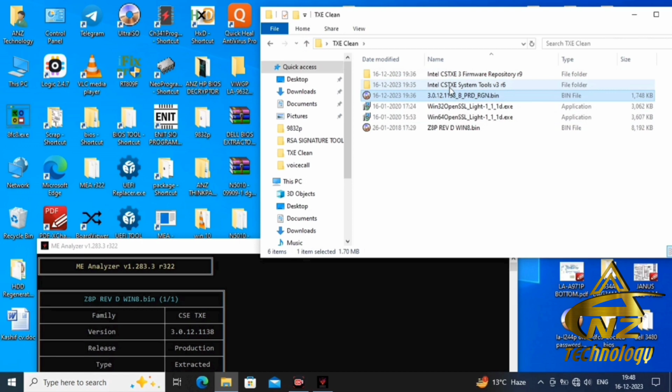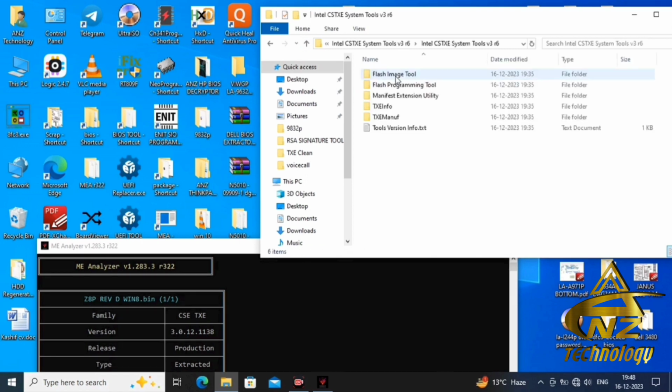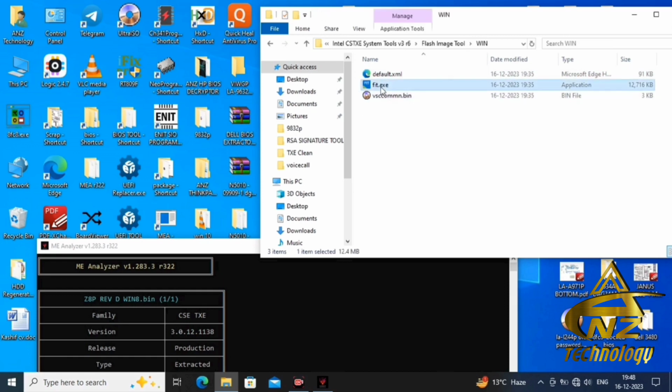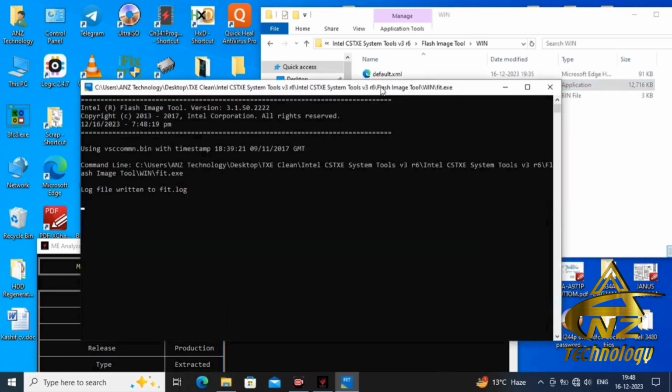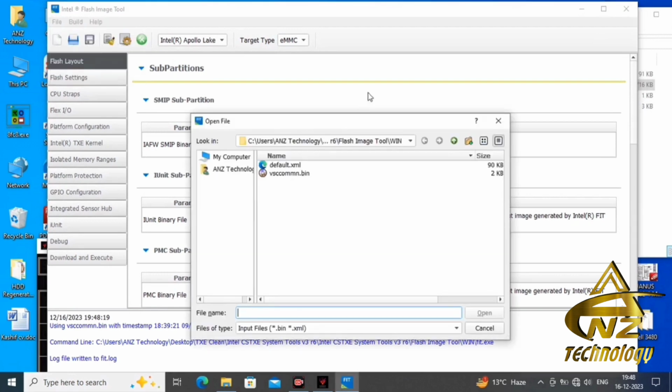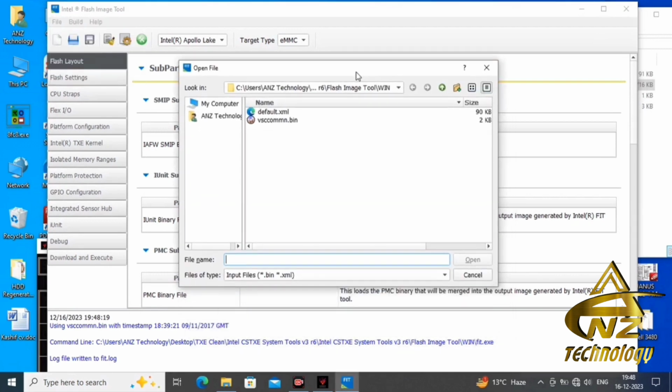Okay, now we will open this CSTXT System Tools folder and here open Flash Image Tool, open the Win folder and now click fit.exe. Okay, now click on File, Open, and here we will give the location of our BIOS.